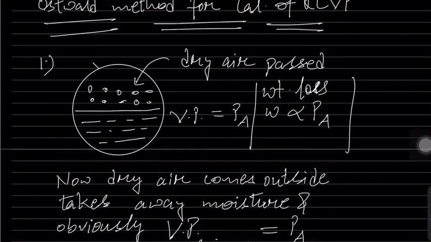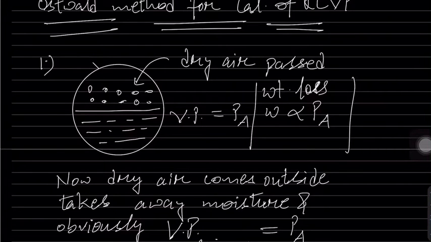I have got a lot of messages and calls from many students, and they were telling that, sir, it is very difficult for us to understand from the books what actually is Oswald and Walker method, because they have just started the theory, and that is not sufficient to understand the concept. So today we will be taking the concept from the very basic level, that what actually happens, and after that we will go into the theory of Oswald and Walker method.